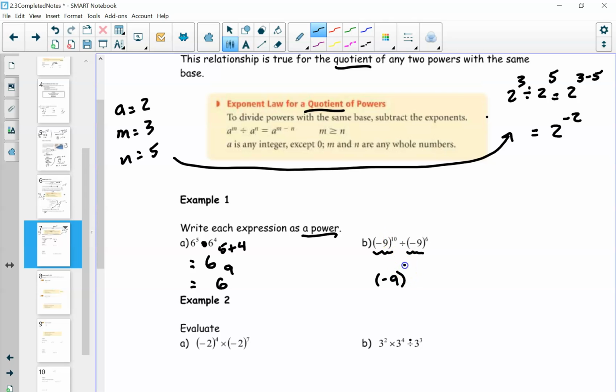Okay, and then we've got 10. Now this time it's division, so we have to subtract 10 minus 6. So the final answer is negative 9 in brackets to the power of 10 minus 6, which is 4. So